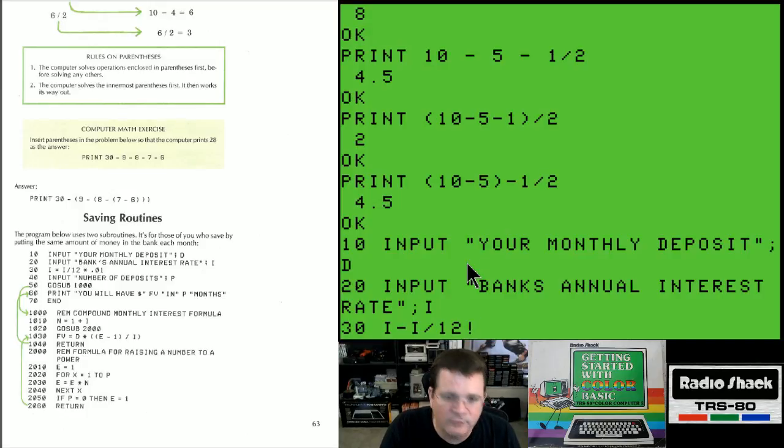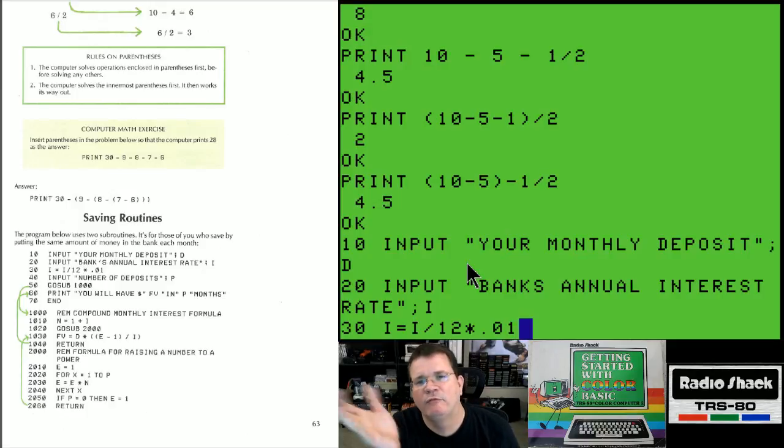times, where is the asterisk? Let me look on my real keyboard. The asterisk is above the colon, which I think is right there. Okay, times 12. Divided by 12 times 0.01. So we're trying to turn this interest into a percentage. So if I say 5%, okay, and I have a dollar sign there, and there's no backspace. Okay, I equals I divided by 12 times